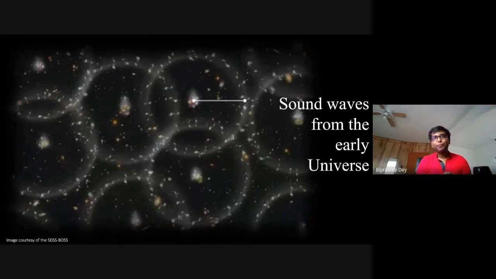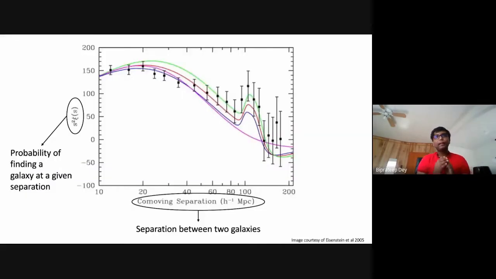And slowly, when things cooled down and different galaxies and other structures formed, galaxies preferably formed in those regions where there was more matter, that is the compression regions for those sound waves. And observing these oscillations can tell us a lot about how the universe began or evolved long ago. So how can we observe these oscillations now using sky surveys?